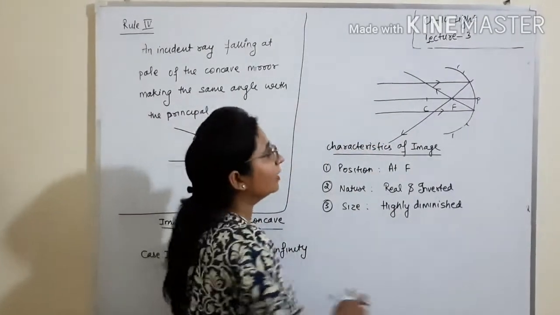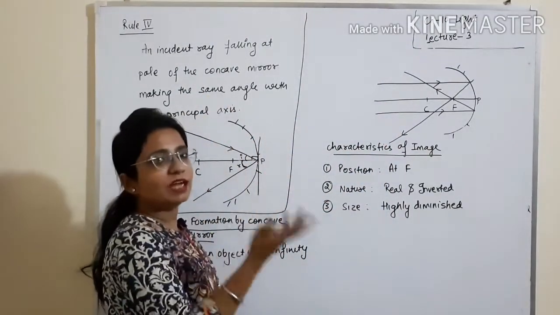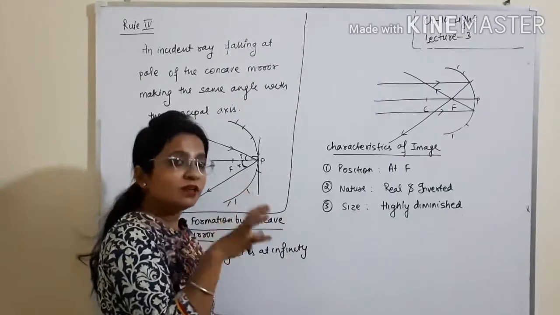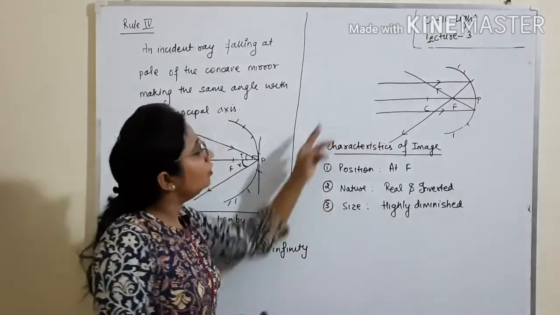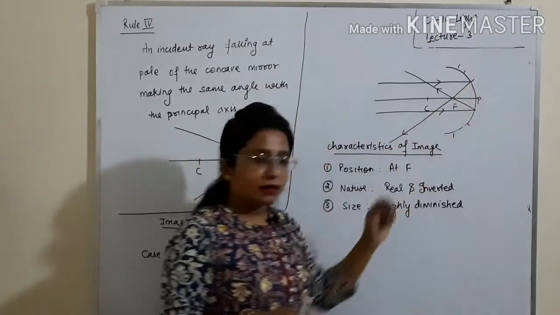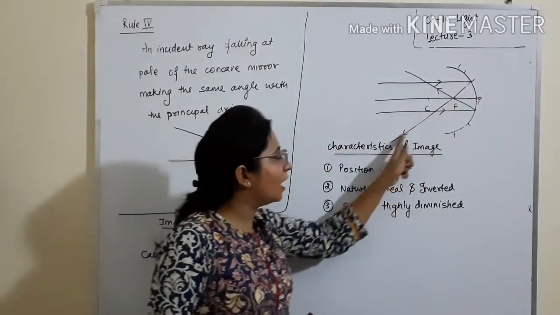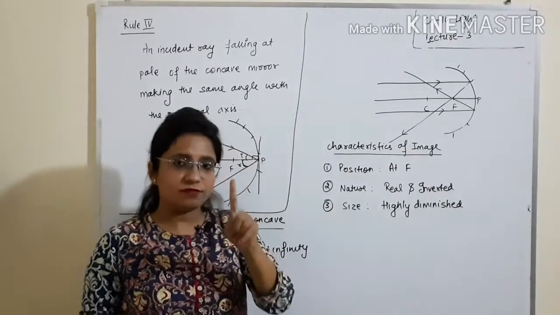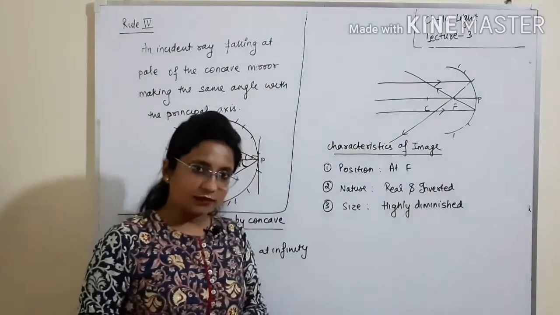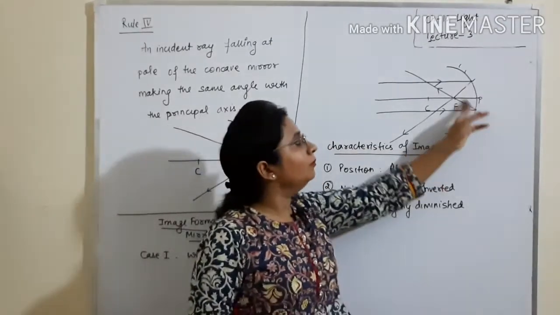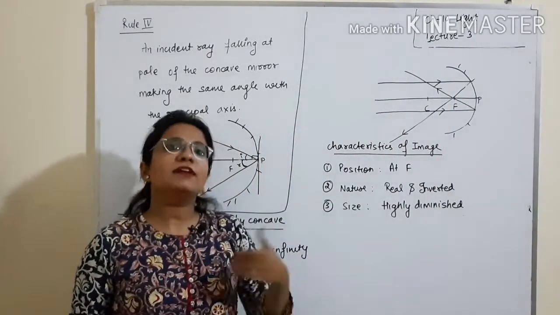So what we have taken, we can't make the object here because the object is at infinity. We can't locate the object. We just suppose it is like light coming from the sun. So the light rays are coming parallel to the principal axis. The first light ray, which is parallel to the principal axis, will pass through the focus after reflection according to the first rule. The second ray also passes parallel to the principal axis and it will also pass through the focus after reflection.